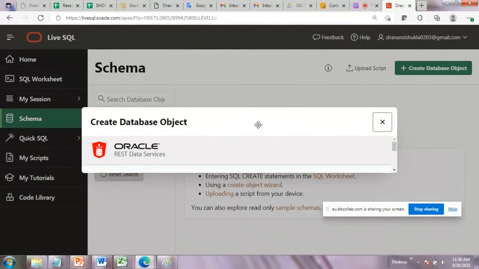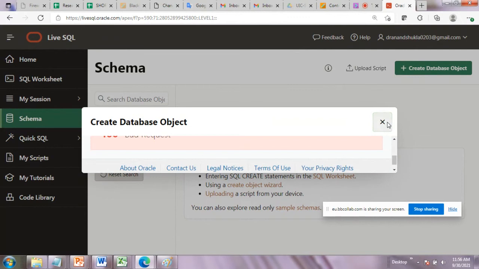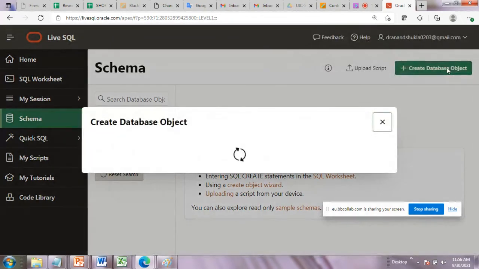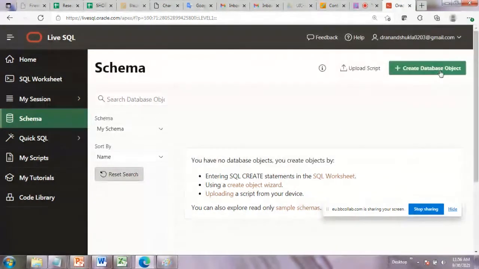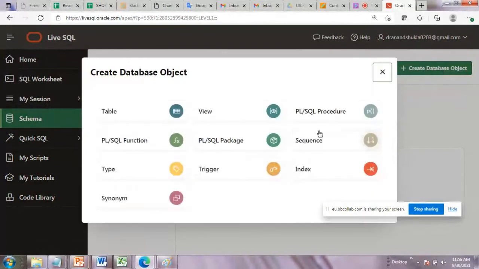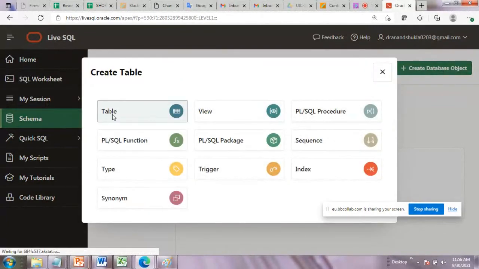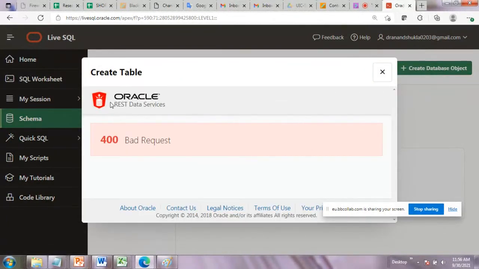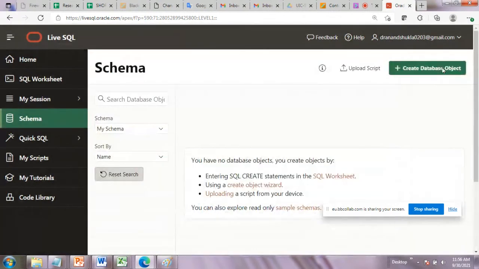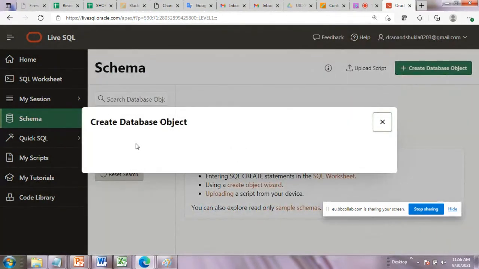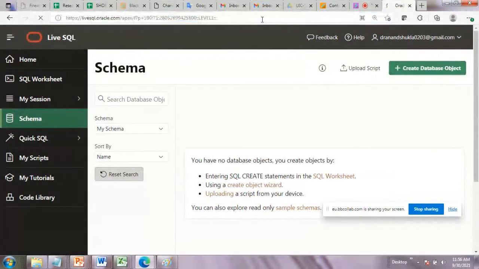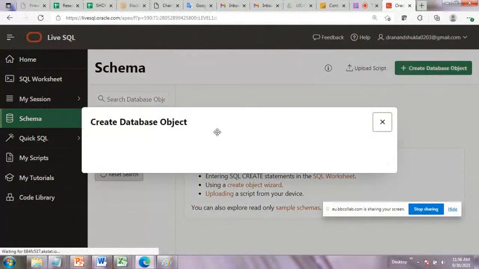I have created the table already, but I'm going to create it again. Bad request again. Let me refresh this page.